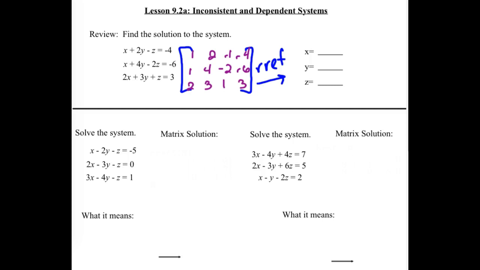All right, so what did you end up with for your final column in your reduced row echelon? I'm assuming the left side is your identity matrix, right? Your diagonal of ones, everything else zeros. Okay, so what do you get for that last column? -2, 1,